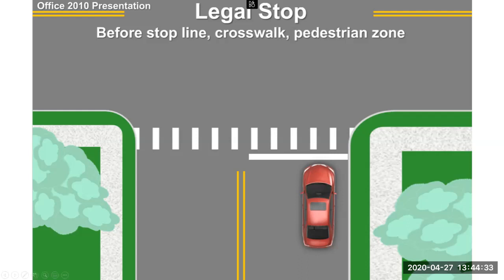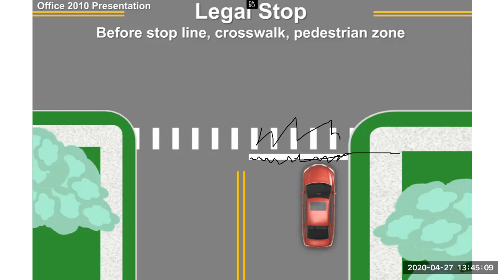So this is a stop line. If there is one painted, we must stop behind that stop line. If there is no stop line, then you get to pull up to where the sidewalk would be. Okay. And then if the sidewalk is not painted, we're still going to stop where that sidewalk would be,